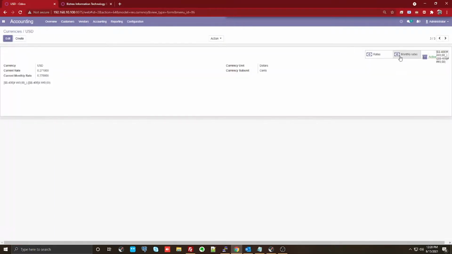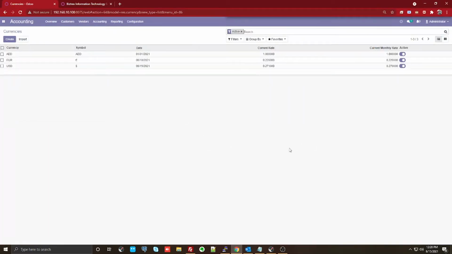So these are the two types of currency values you have inside the system, and once you have that, you're pretty much good with the currency values. Now, apart from the currency values, there is certainly some other information which you need to fill in. So let's go ahead and look into those factors.